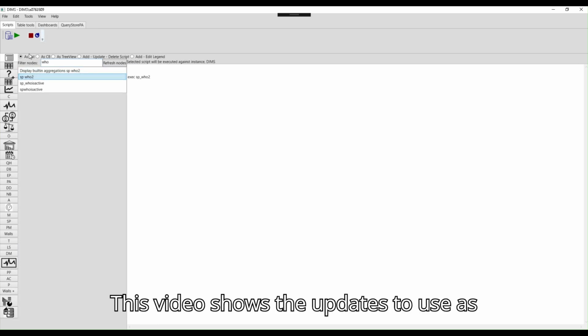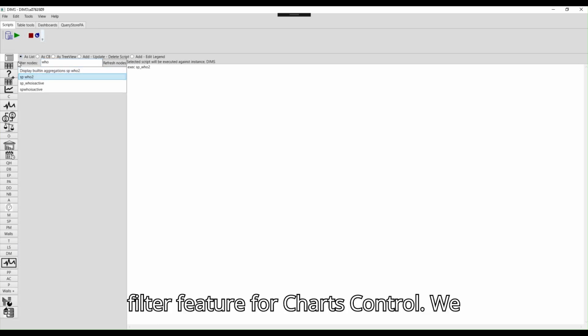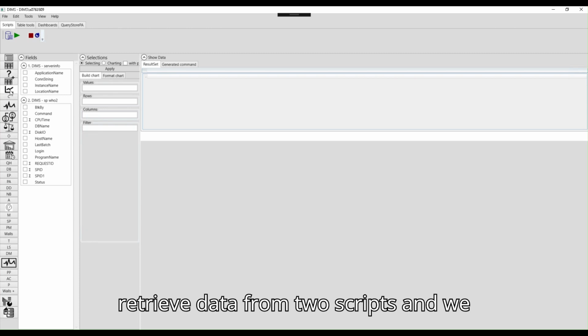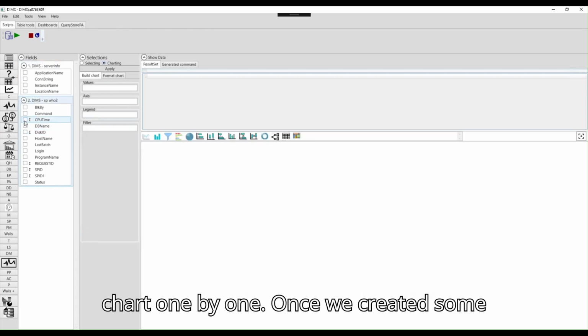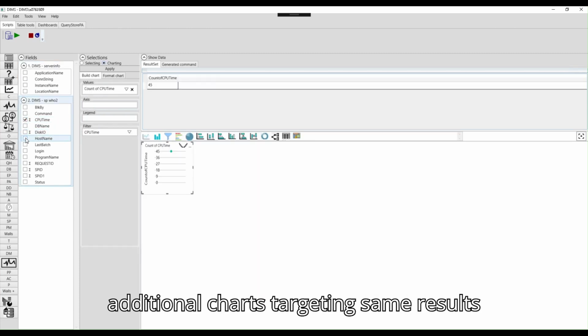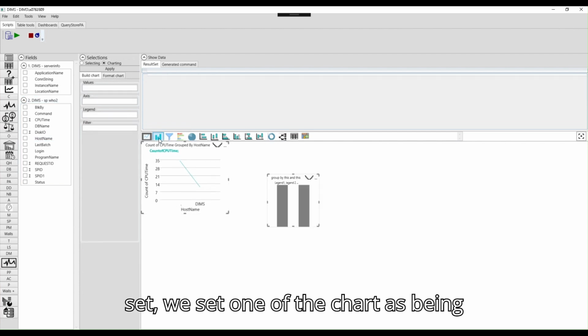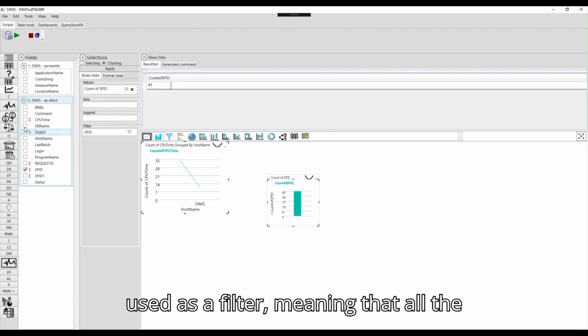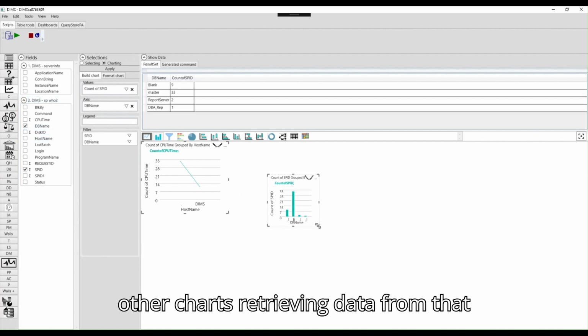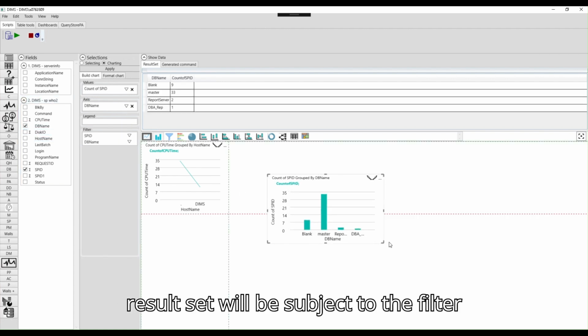This video shows the updates to the use as filter feature for the charts control. We retrieve data from 2 scripts and we chart one by one. Once we created some additional charts targeting the same result set, we set one of the charts as being used as a filter, meaning that all the other charts retrieving data from that result set will be subject to the filter